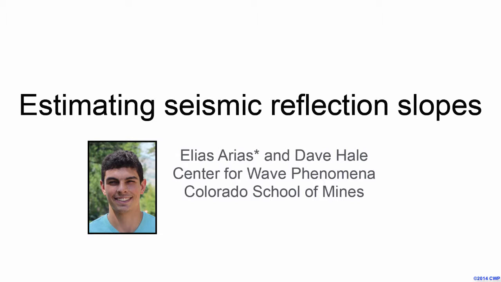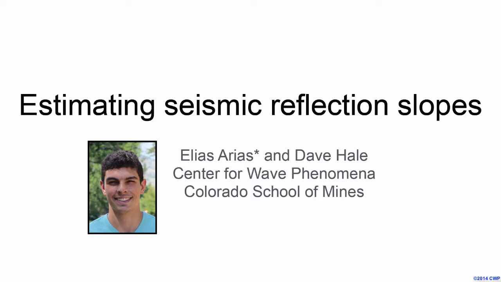So image enhancing processes and filters require good estimates of the reflection slopes in seismic images. One such process you'll see just after the break today, presented by Jinming Wu, where he estimates the seismic normal vectors to extract horizons automatically. Tomorrow he'll also present on using the same method, estimating seismic normal vectors to better detect unconformities in seismic images. And I'll show later in my presentation today how estimating these seismic normal vectors is equivalent to estimating the slopes